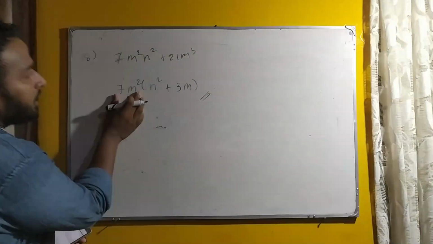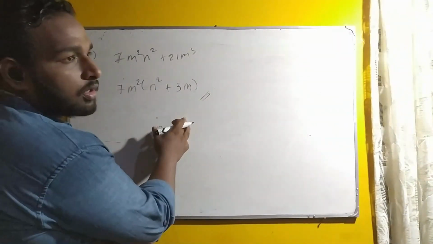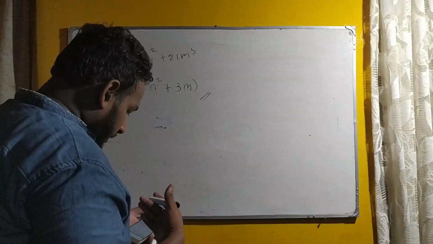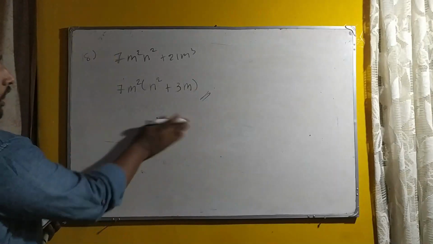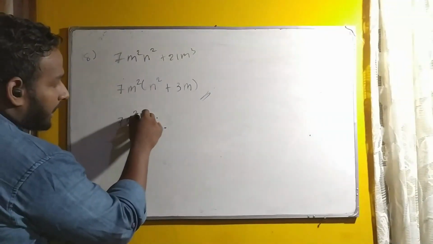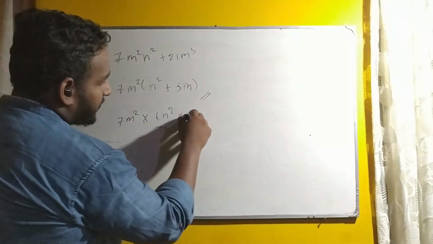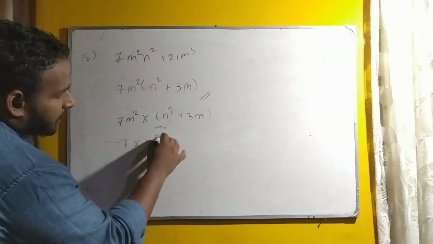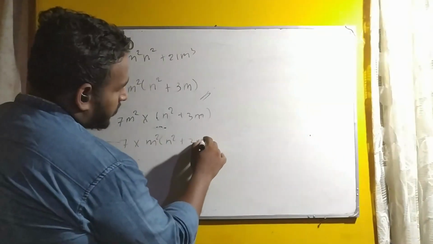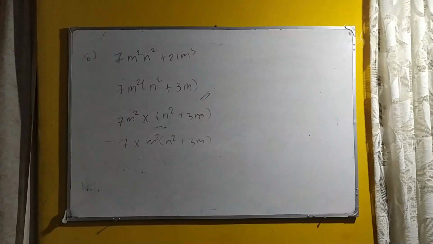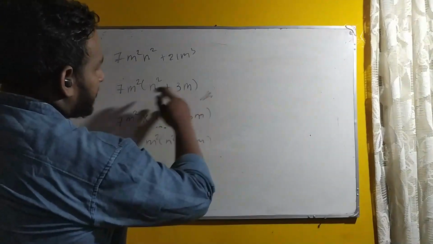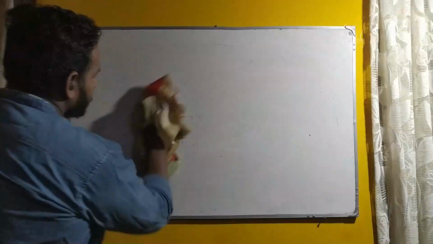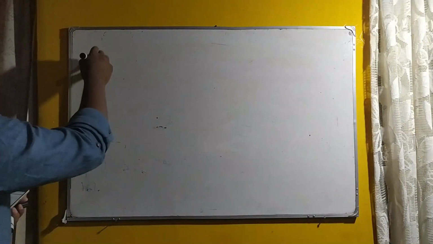So this is what they ask. They are asking for the product of two factors. Then how can you write it? 7m squared into (1 plus 3m) like this, or you can write 7 into (m squared plus 3m). Both are correct. So if you get this answer, it is okay. So let's come to the 19th question.